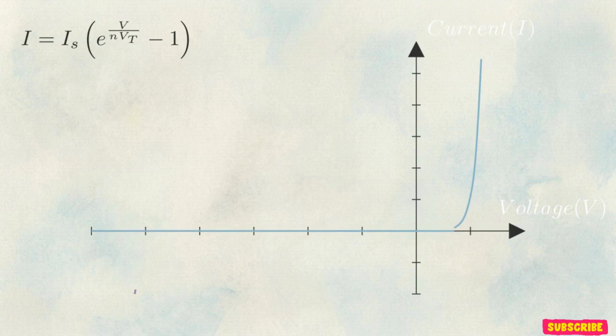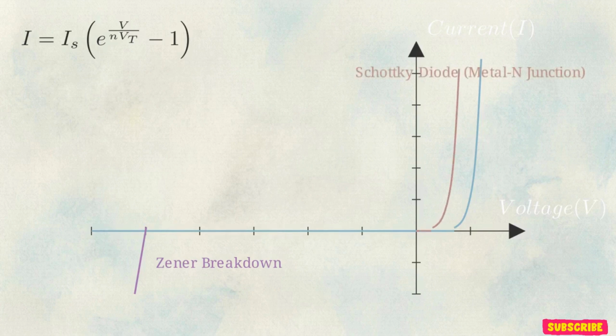Because this curve is an exact reflection of the material properties of the silicon, engineers can intentionally alter the fabrication process to drastically warp the shape of this curve for specialized tasks, for example, the Zener diode. By heavily increasing the atomic doping concentration during manufacturing, engineers intentionally narrow the depletion region. On the graph, this results in a sharp vertical drop occurring in the reverse bias quadrant. This narrowed region allows for a safe, non-destructive breakdown. The Zener diode can reliably conduct current backward at a highly specific voltage, making it perfect for stabilizing and regulating